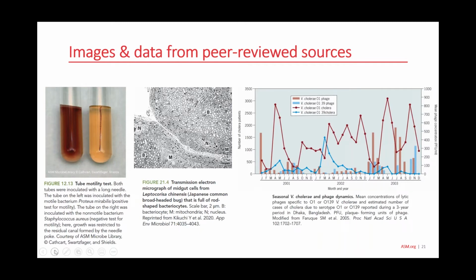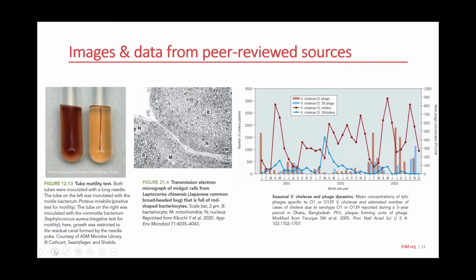Part of the ASM curriculum guidelines asks students to be able to use data and evidence to draw conclusions. Students can develop these skills by examining original, published, peer-reviewed sources. In Microbe 3rd edition, we drew upon peer-reviewed sources, particularly leveraging the internationally recognized ASM journals, as you can see some examples here. And we used the peer-reviewed ASM image library, which is freely available, and a link's going to go into the chat box for that.